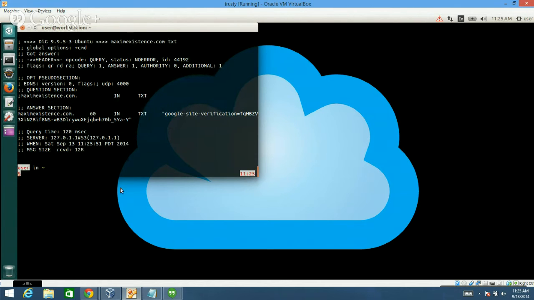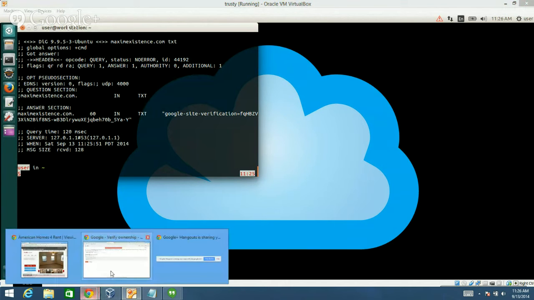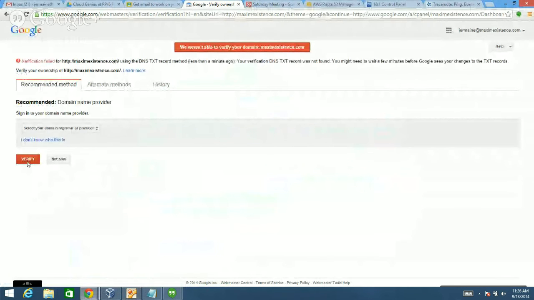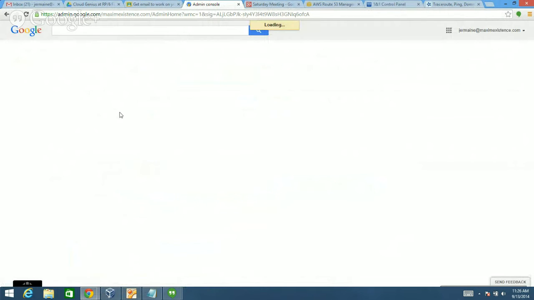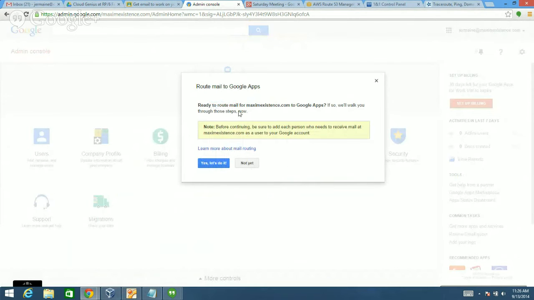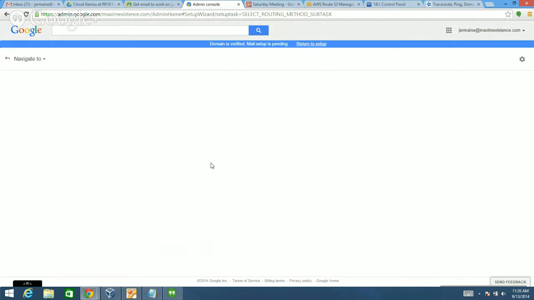So let's go to Google and say, please verify again. It continues and is verified successfully. Keep going. Next we want to create an MX record. At the top you will see a blue button, say next. There you want to set up your Gmail and say next, and it will give you MX records. You take those records and put them in Amazon AWS Route 53, and we are done.